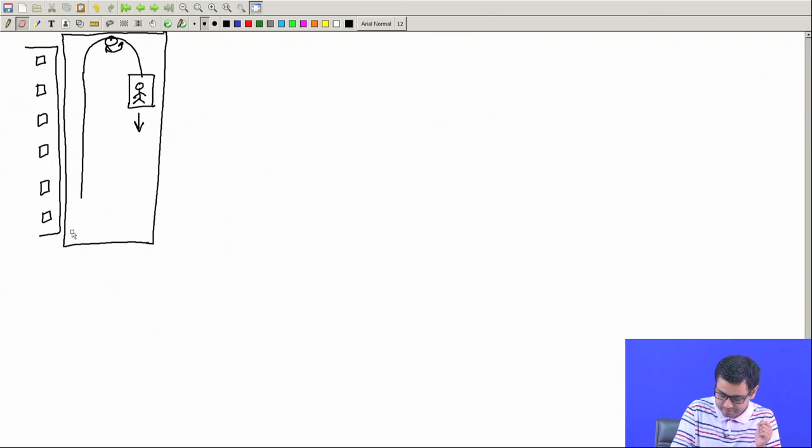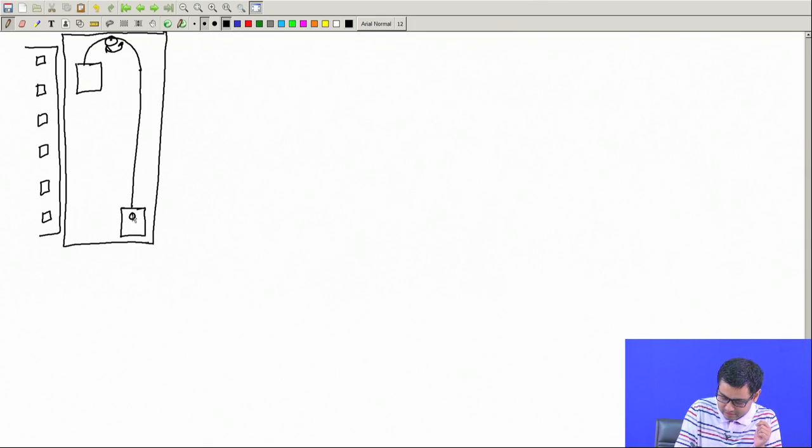So this will go up, this one will come down. And then another person can enter this one, this man can leave. So then this one will come down, this one will go up. Now, the two elevators, when they are vacant, they are empty, they are of equal weight. So the weight difference is the same as the weight of this person. Say we call the weight of this man